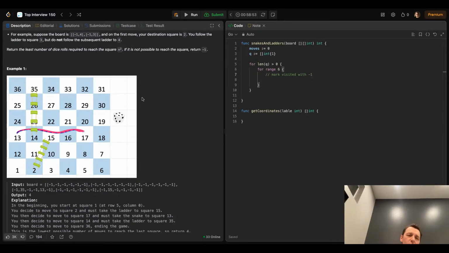I mean, once we actually process this 14, we don't have to go there again. Like once we actually queue it, well, we'll queue it, and when we queue it,